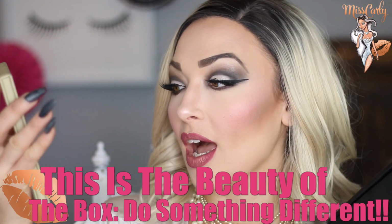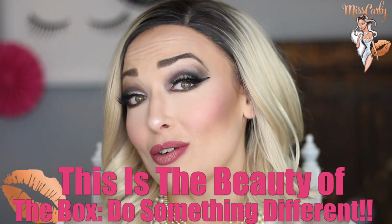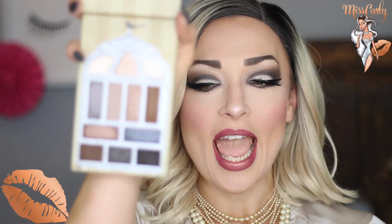I knew that it had this pretty vulgar palette, and honestly, I am generally not a person that likes muted and brown colors, and this is why I was like, I really don't want this box. I want the next one. And it's kind of like, Tim Gunn, make it work. And literally making it work, I really do love this look that I just created